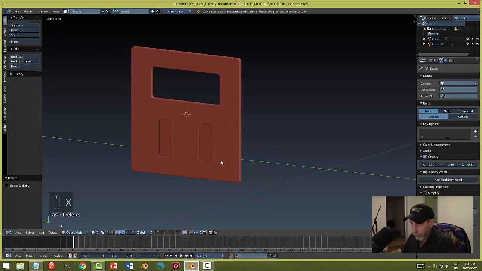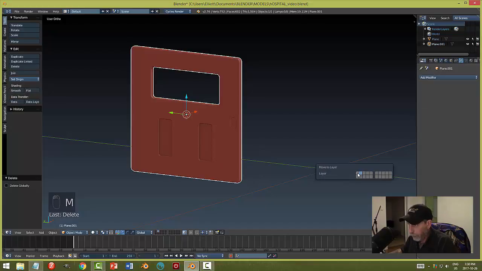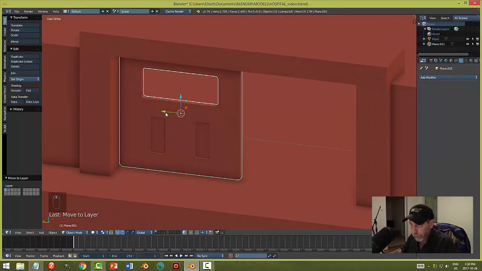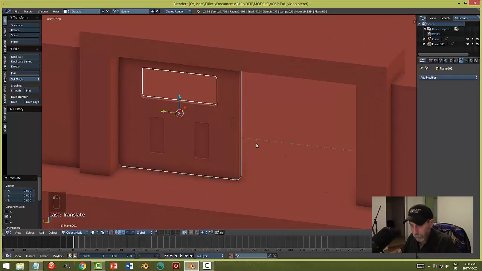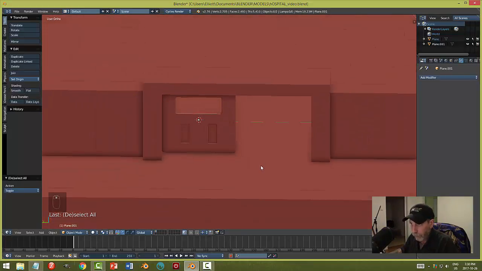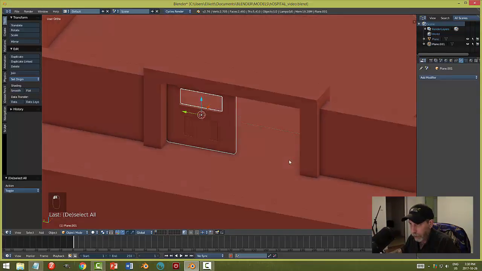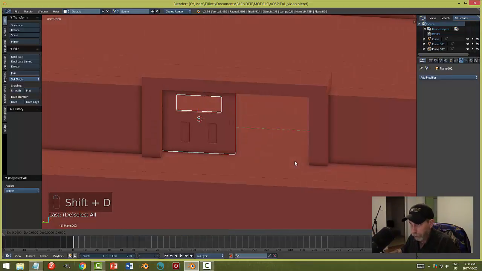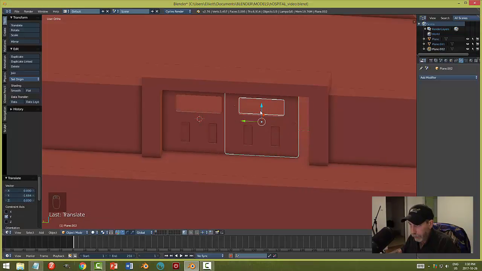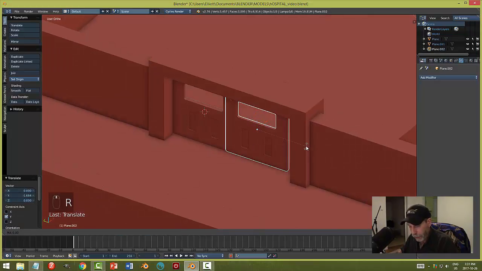It's done. Let's take this door and move it back to the first layer. Look at the first layer. Slide the door in a little bit more. Decide if it's on the floor, close enough to the floor. Okay, it's looking good. So let's just go Shift D, move the other door here, and rotate around the Z